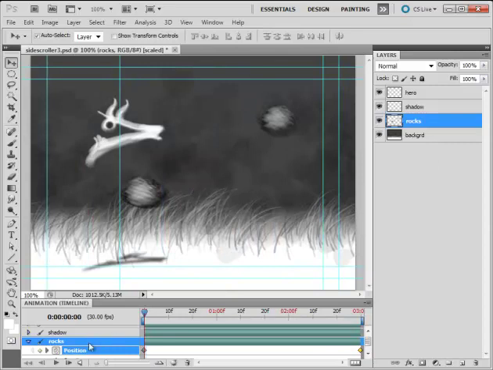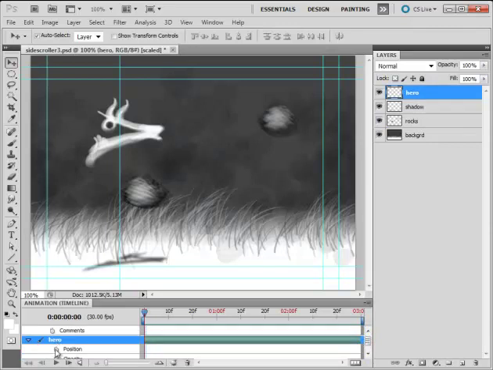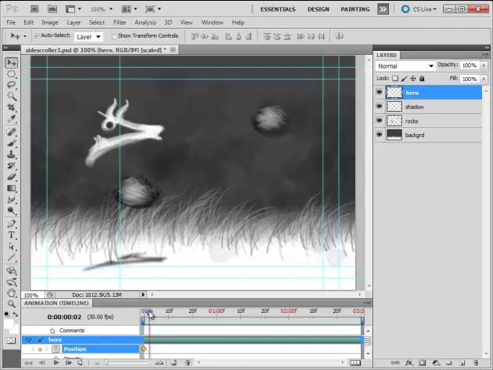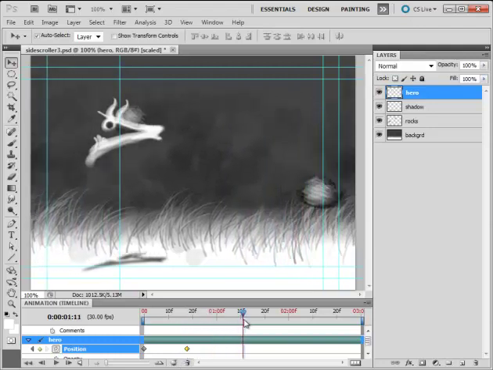Now for the hero animation. I open up that layer. At time 0, I turn on animation, and I have a keyframe there. It clears this rock. Now I want to force it to make a keyframe. Normally, I create a new keyframe by changing the position of the layer, and it creates a keyframe for me. Here, the position does not change, but if I click here, it will create a keyframe locking that position in at this time. Then when I go forward to here,